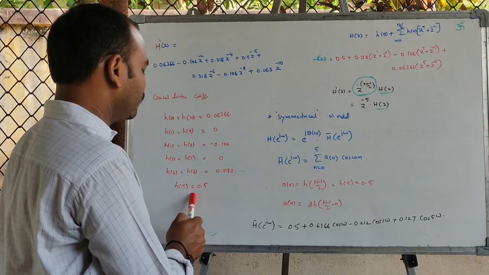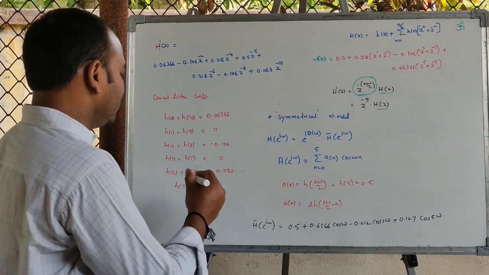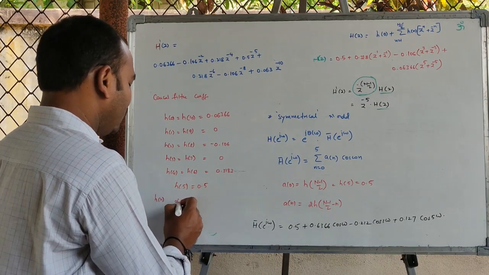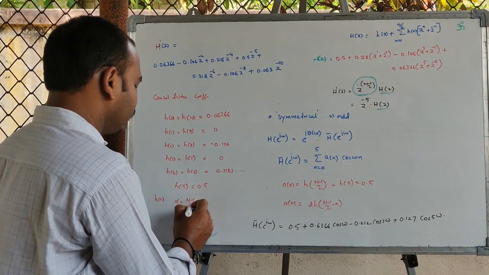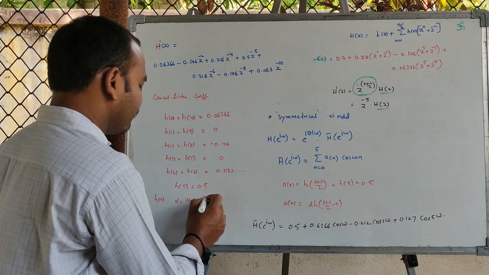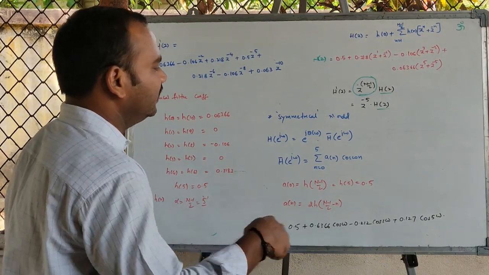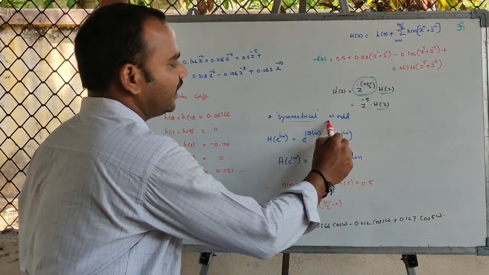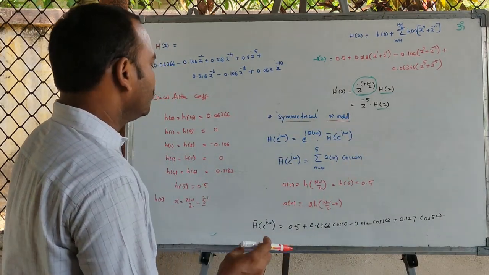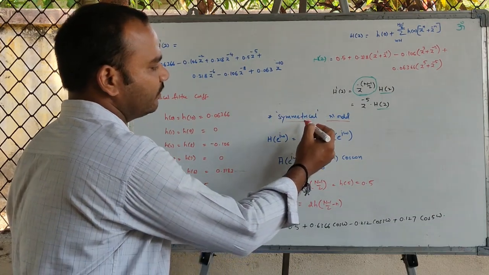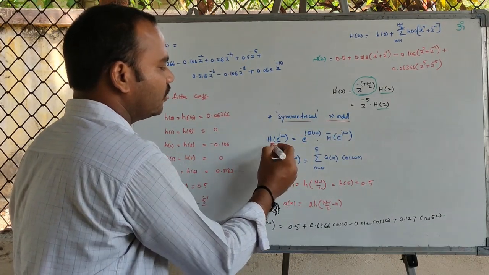After finding these filter coefficients, we observe that this h of n is symmetrical about alpha is equal to capital N minus 1 by 2, that is 5 samples. Therefore, this h of n is symmetrical and N odd. Now, after finding these filter coefficients and determining the case to be symmetrical and N odd, now if you find